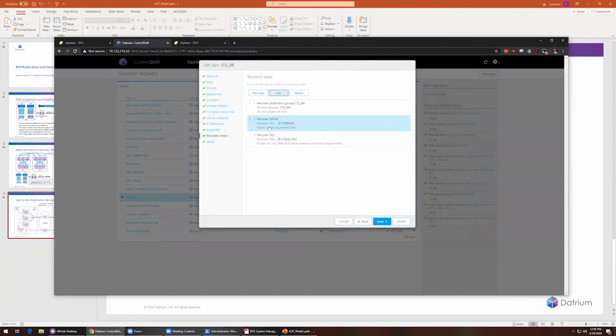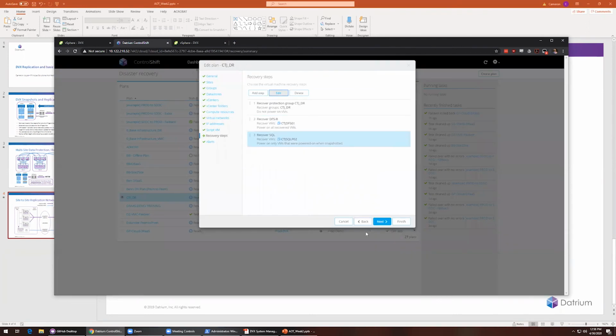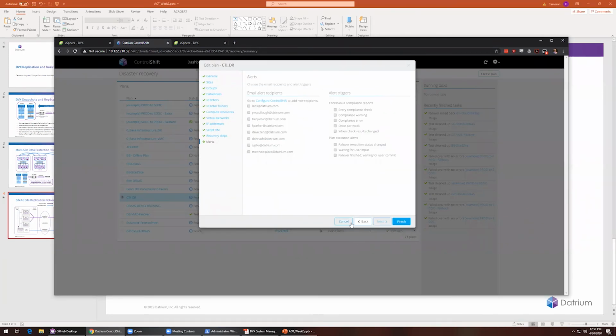So I'm going to wait for that IP to come online. And as soon as it comes online, I'm going to recover and power on my SQL server. And then same thing, I'm going to wait for SQL and we're going to be done. And then I've got all of my alert triggers. So now,